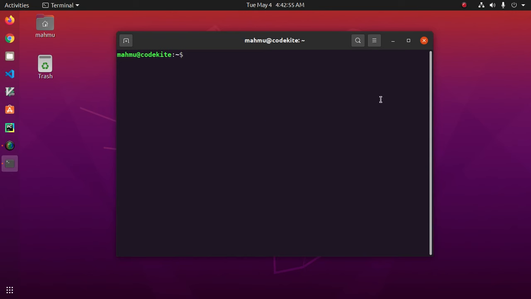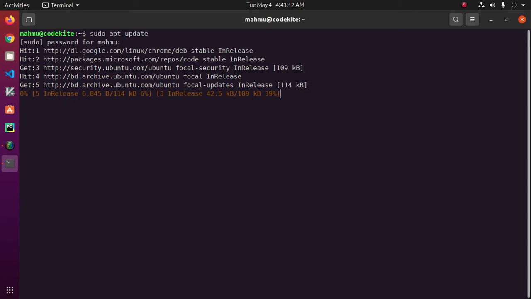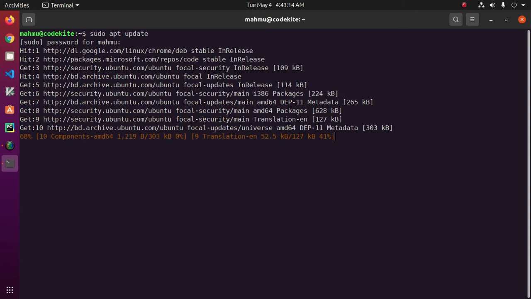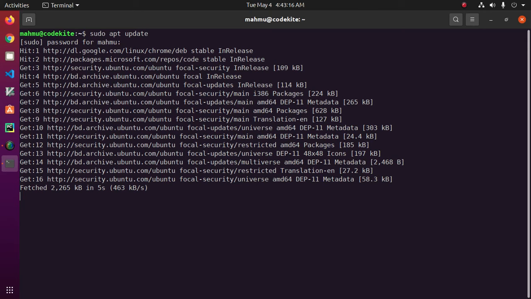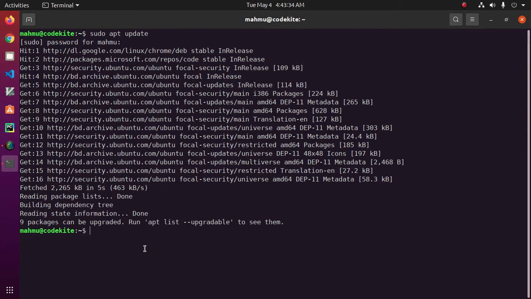Open a new terminal and update your system with sudo privilege. With this command, okay, now your system is ready to install